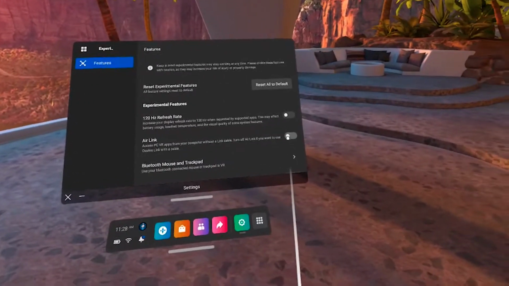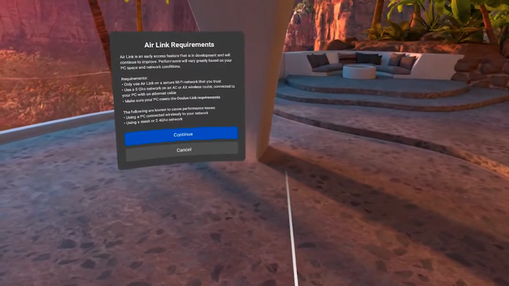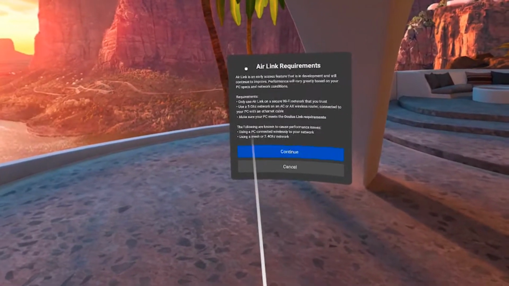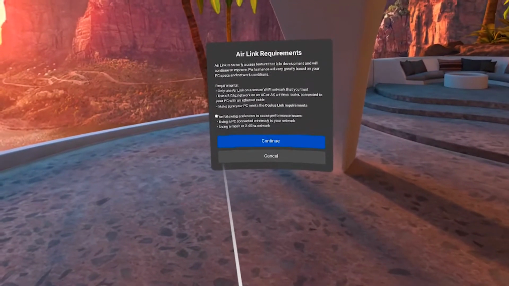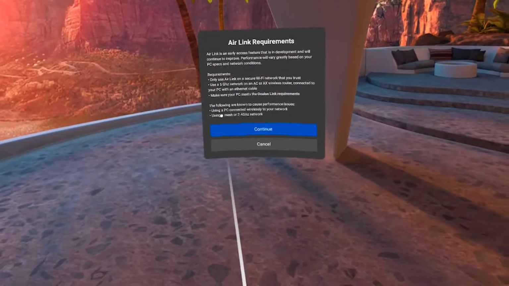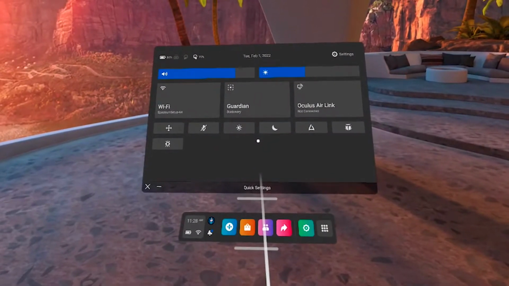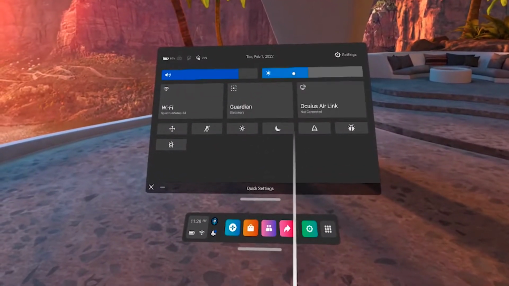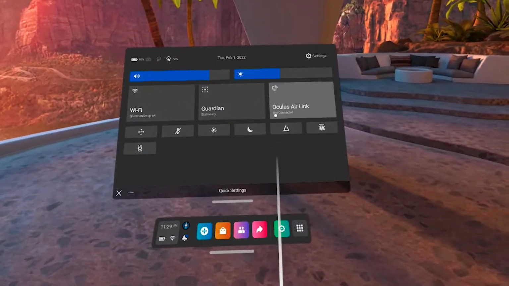To turn this on, simply click or slide this button here, and that will open up your AirLink requirements. It's good to make sure that you do meet these requirements so that your experience is seamless and not laggy. Go ahead and click Continue. And then you'll notice you're presented with the Quick Settings page again, only this time you now have a new